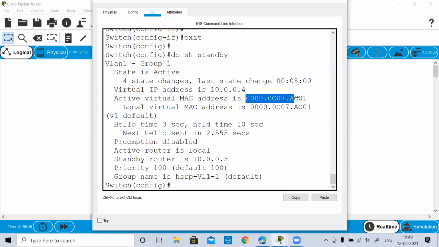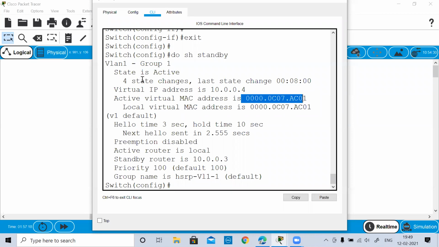Okay, the first value will remain the same till AC, and this 0102 is basically the number which you give after standby. So standby 1, standby 2, whatever you give, there you will see. And this version is HSRP version 1. Because if you use HSRP version 2, you will see that the MAC address will have the value 09 instead of 07. You will find it to be 09, and here the group numbers which you have is from 0 to 255.